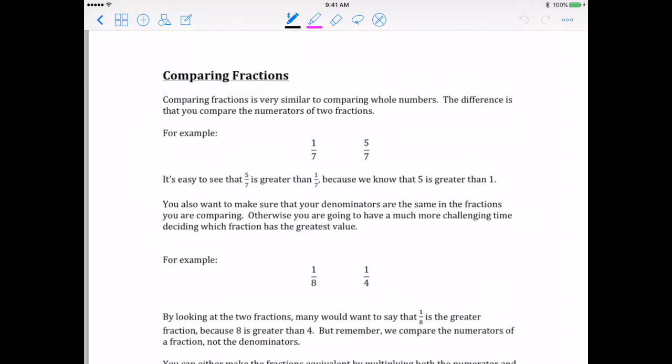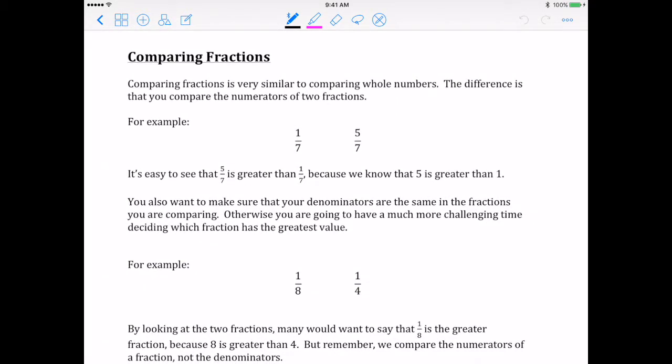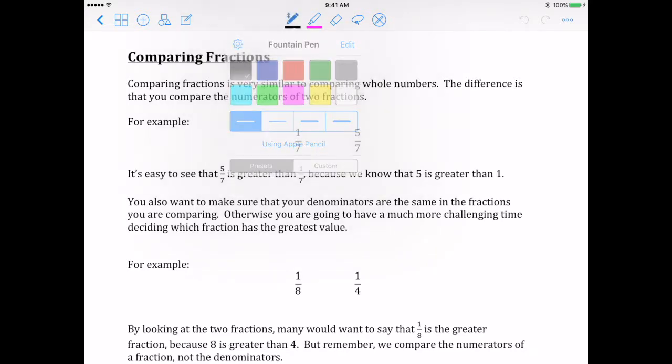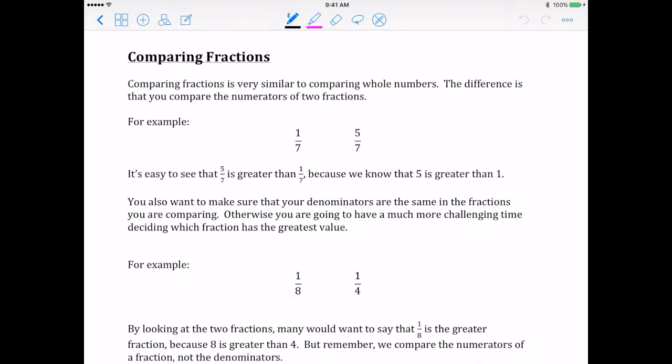All right, finally, we're going to focus on comparing fractions. Not finally, I lied. We are going to do comparing fractions, though. So comparing fractions is very similar to comparing whole numbers. The difference is that you compare the numerators of the two fractions. So for example,